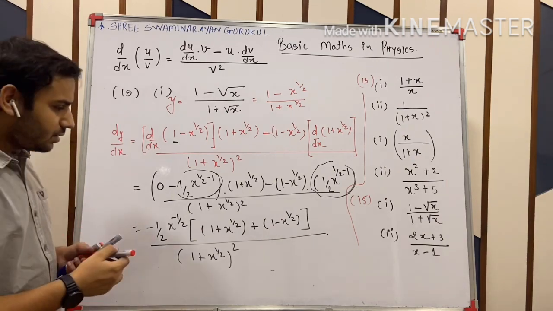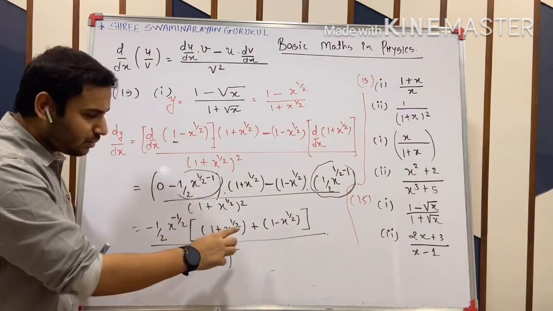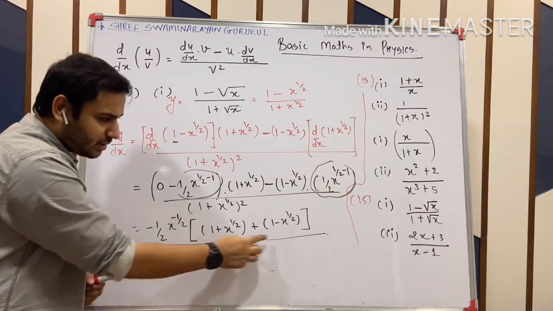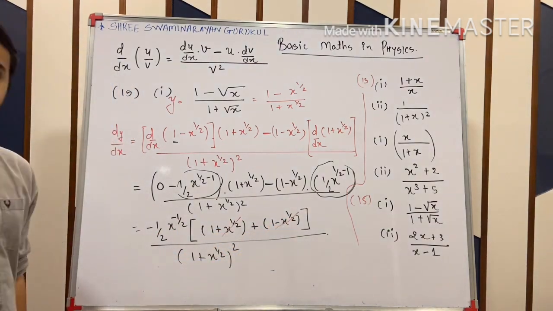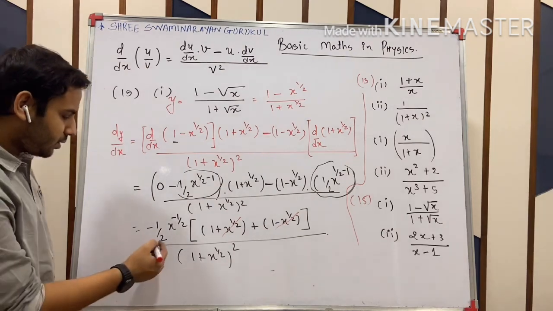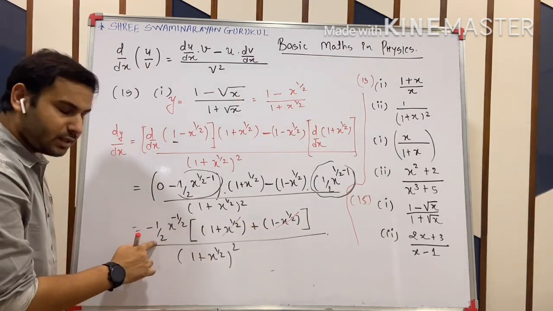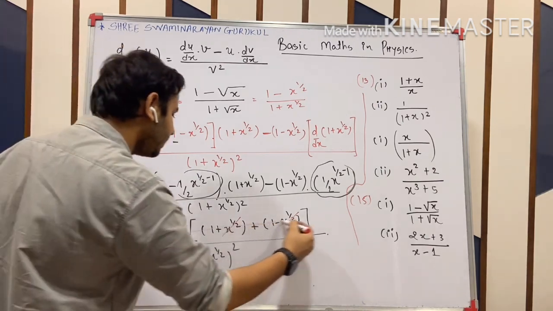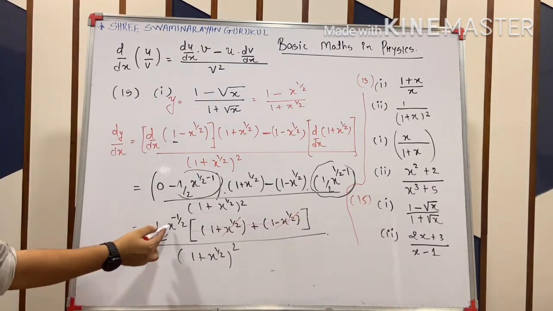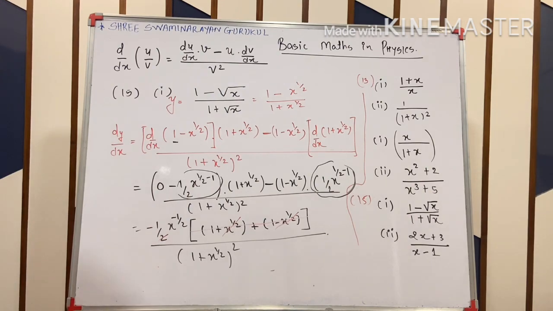Okay, now this is what? 1 plus 1, 2. x raised to 1 by 2 plus x raised to 1 by 2, here minus, so you can cut these two. So what is your answer? This 2 and 2 will be cut. 1 plus 1, 2. In denominator 2 is there. 2 cut. So this whole bracket cut. So answer is minus x raised to minus 1 by 2 upon (1 plus x raised to 1 by 2) whole square.